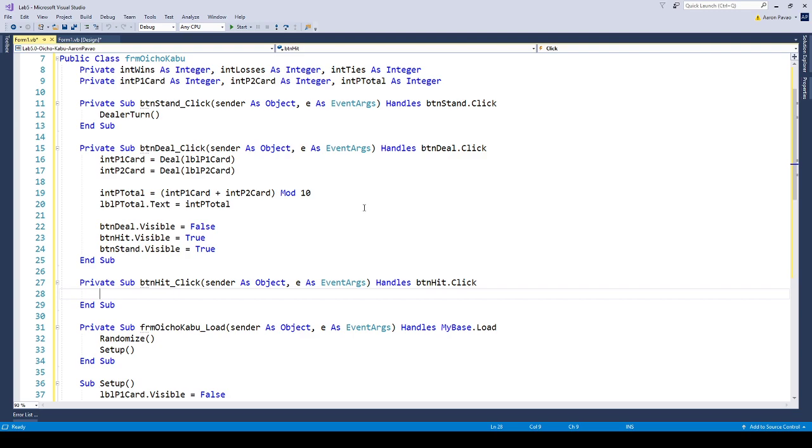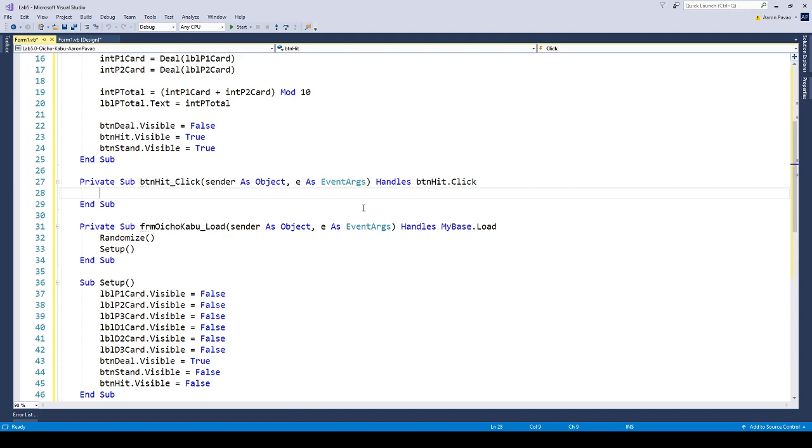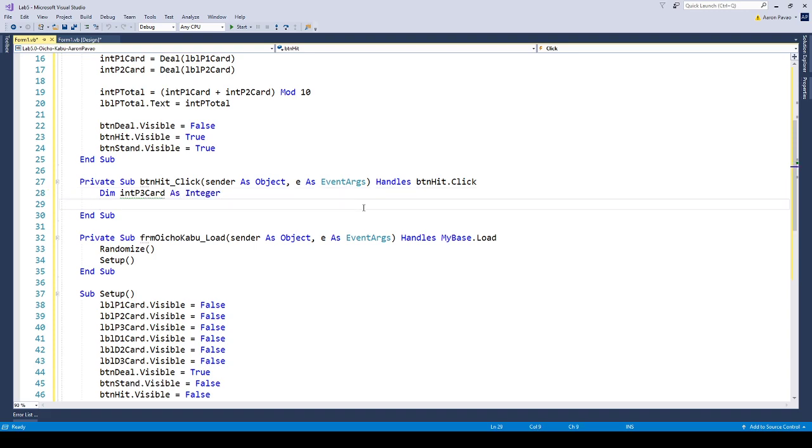Actually, int P1 card and int P2 card don't have to go anywhere else either. Come to think of it, int P3 card is going to equal int rnd